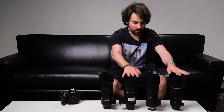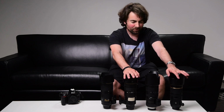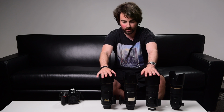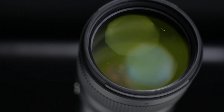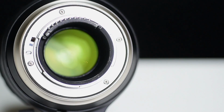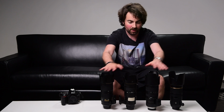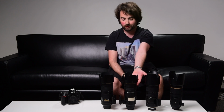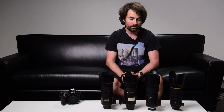Now, these two lenses here, the older Tamron and Nikon lens, I don't know exactly how old they are. They're probably 3 to 5 years old now. And these two lenses by Nikon and Tamron are the brand new ones that just came out this year. They have all of the new coatings on them, and they have new lens technology, so I would suspect that these are going to be sharper, they're going to have less glare, they're really going to provide you all of the bells and whistles. These are kind of the Ferrari of lenses at this point, but by no means are these lenses outdated. These are still modern lenses, and I've been shooting most of my career on this lens here, so I have no doubt that you're going to get great results no matter which one you get,